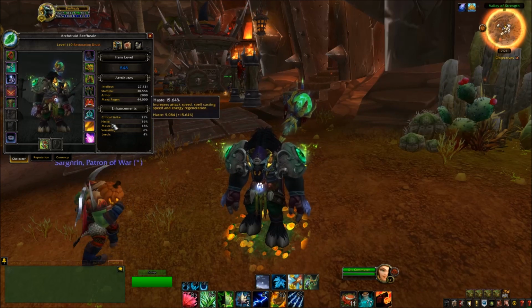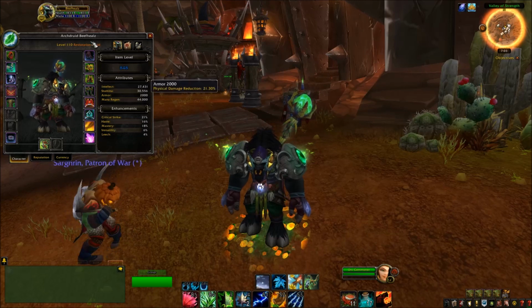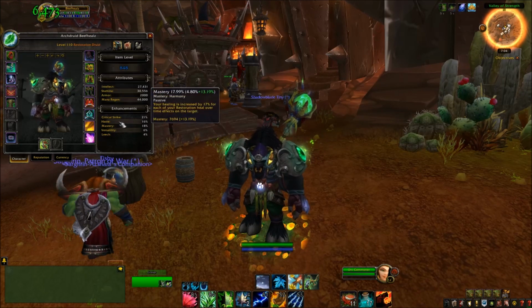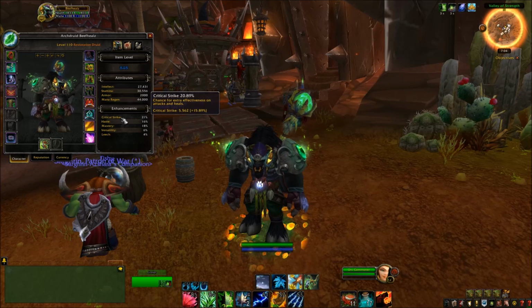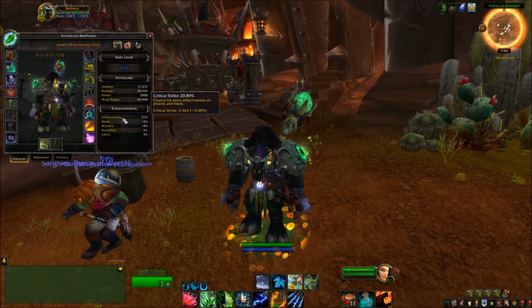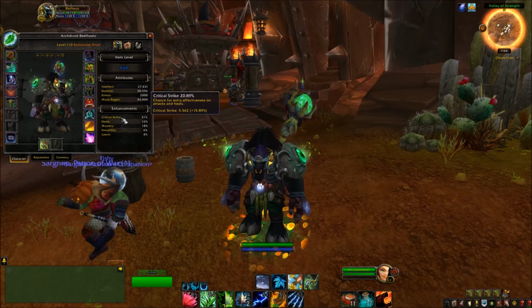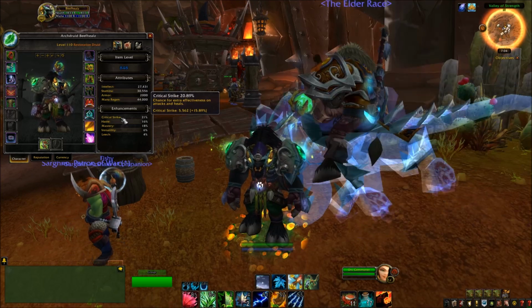Obviously, haste is going to make your heal over time effects tick more frequently. So critical strike is also extremely important, but you don't want to go too crazy with crit. A crit is important. You want your spells to be critting. I want to get this to at least 25%, so a quarter of the time my spells are critting,